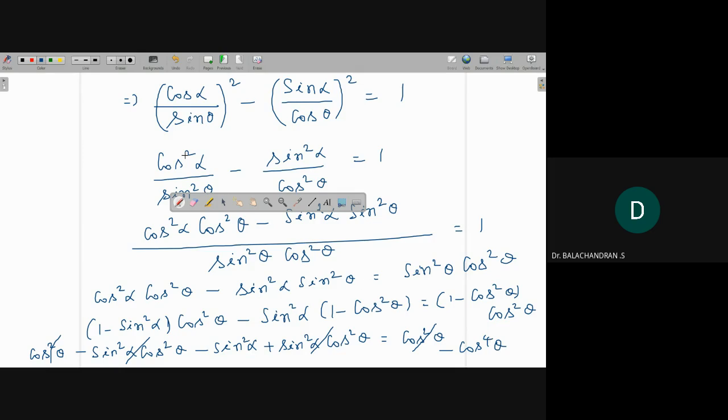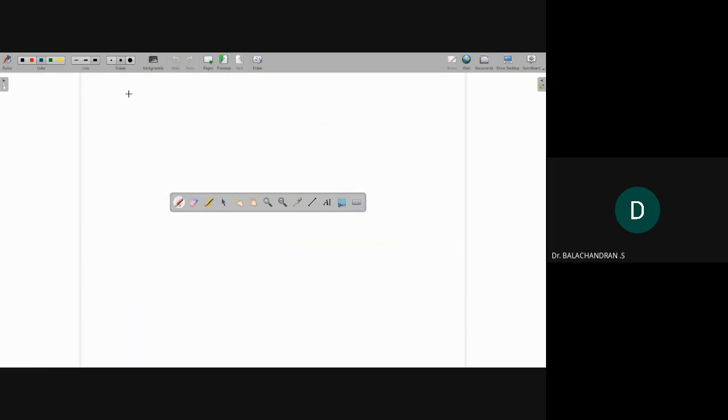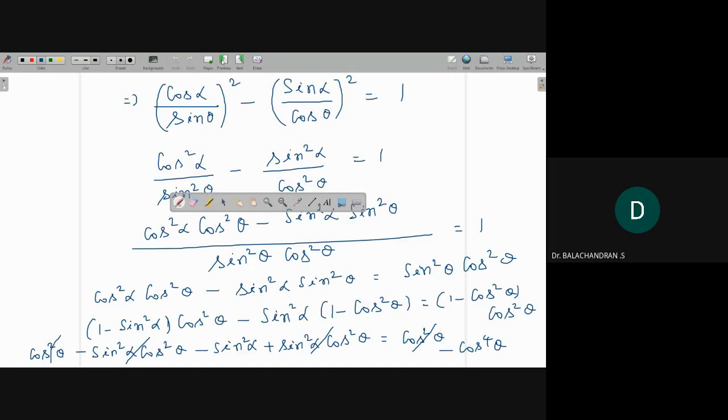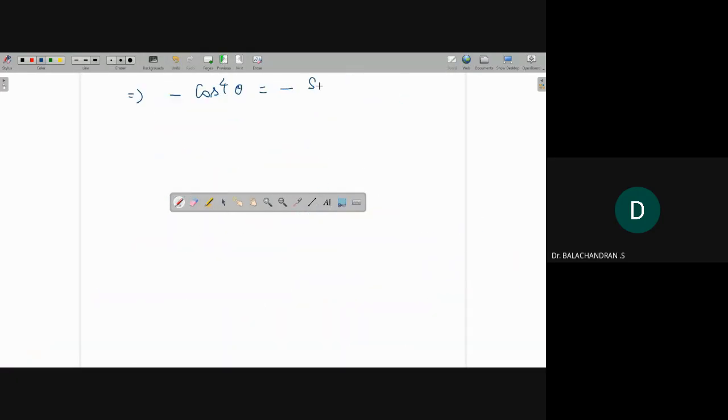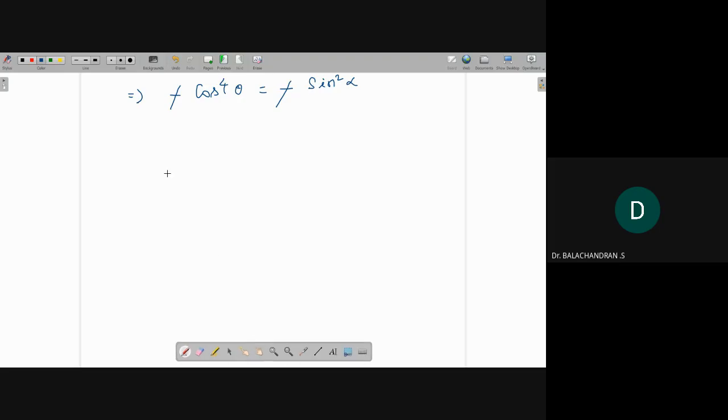So minus cos power 4 theta equal to minus sin square alpha. Minus minus gets cancelled. Now from this, taking square root on both sides,